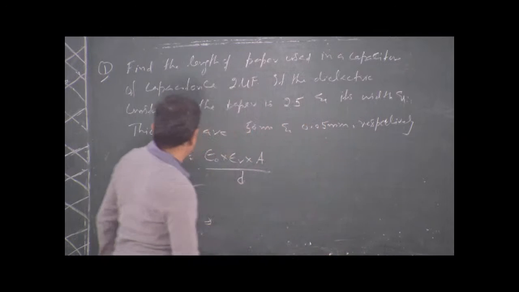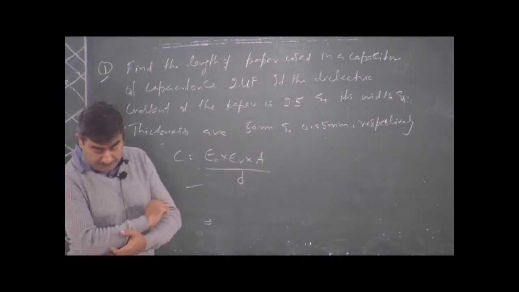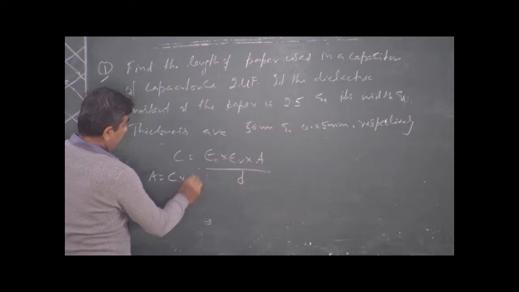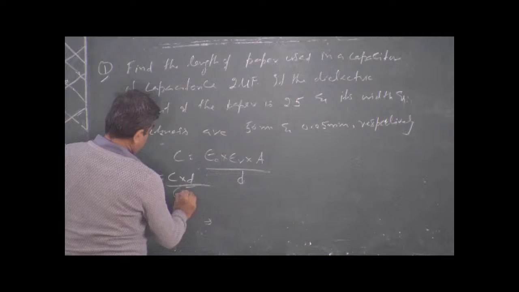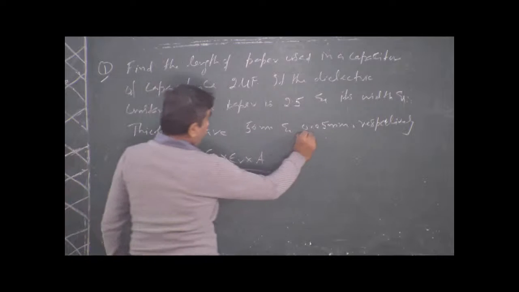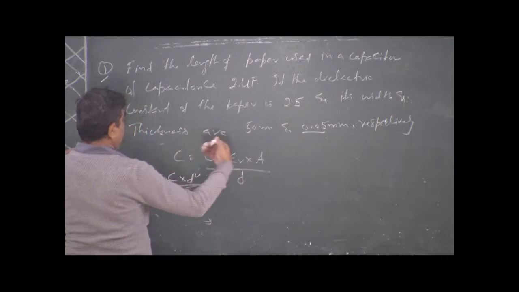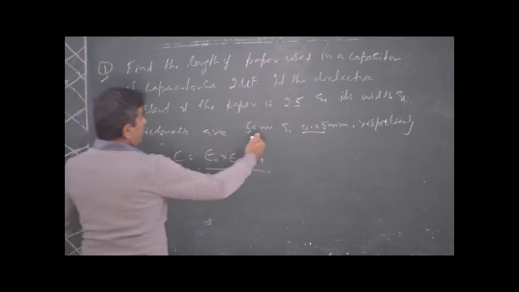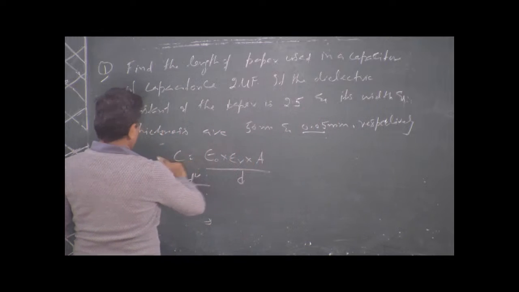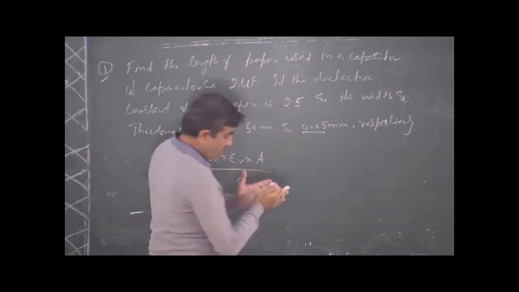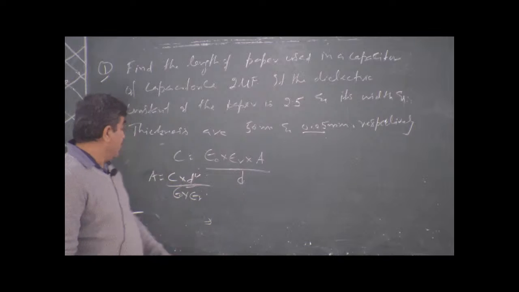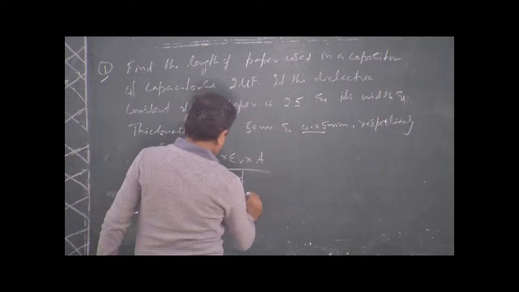तो वहाँ से जो आपका A हो जाएगा, यहाँ से A will be equal to CD upon epsilon naught into epsilon R. ये जो 0.05 है ये आपकी thickness है, जो क्या है, it's width and thickness R, हाँ. Width का मतलब है आपकी चौड़ाई, जो D will be equal to here 0.05, D will be equal to